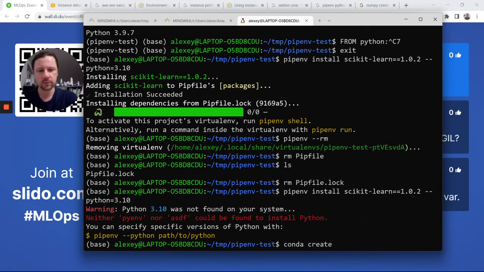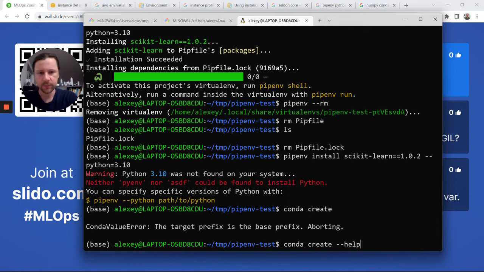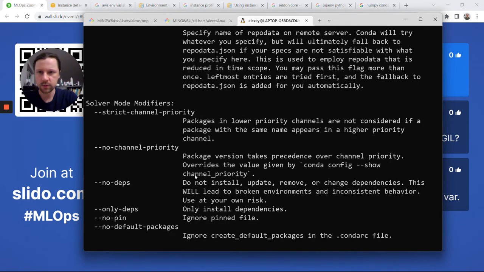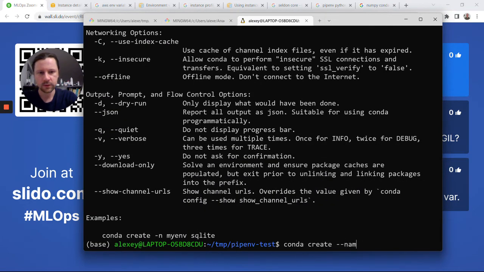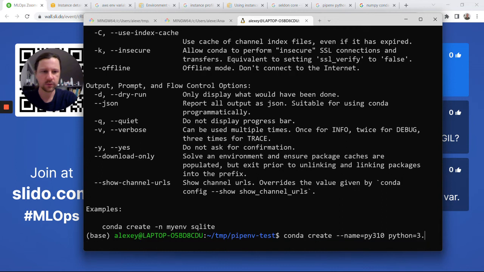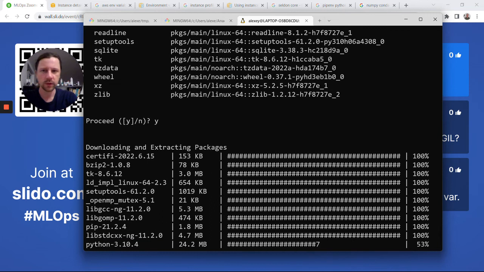Conda create, how does it, I keep forgetting the syntax. Can it show me the help? Yeah, conda create, is it name? So I'll call it python 3.10, and then Python, I need to specify the version of Python. I think this is the syntax. Let me try. Yeah, let's install it. So now we will get Python 3.9,